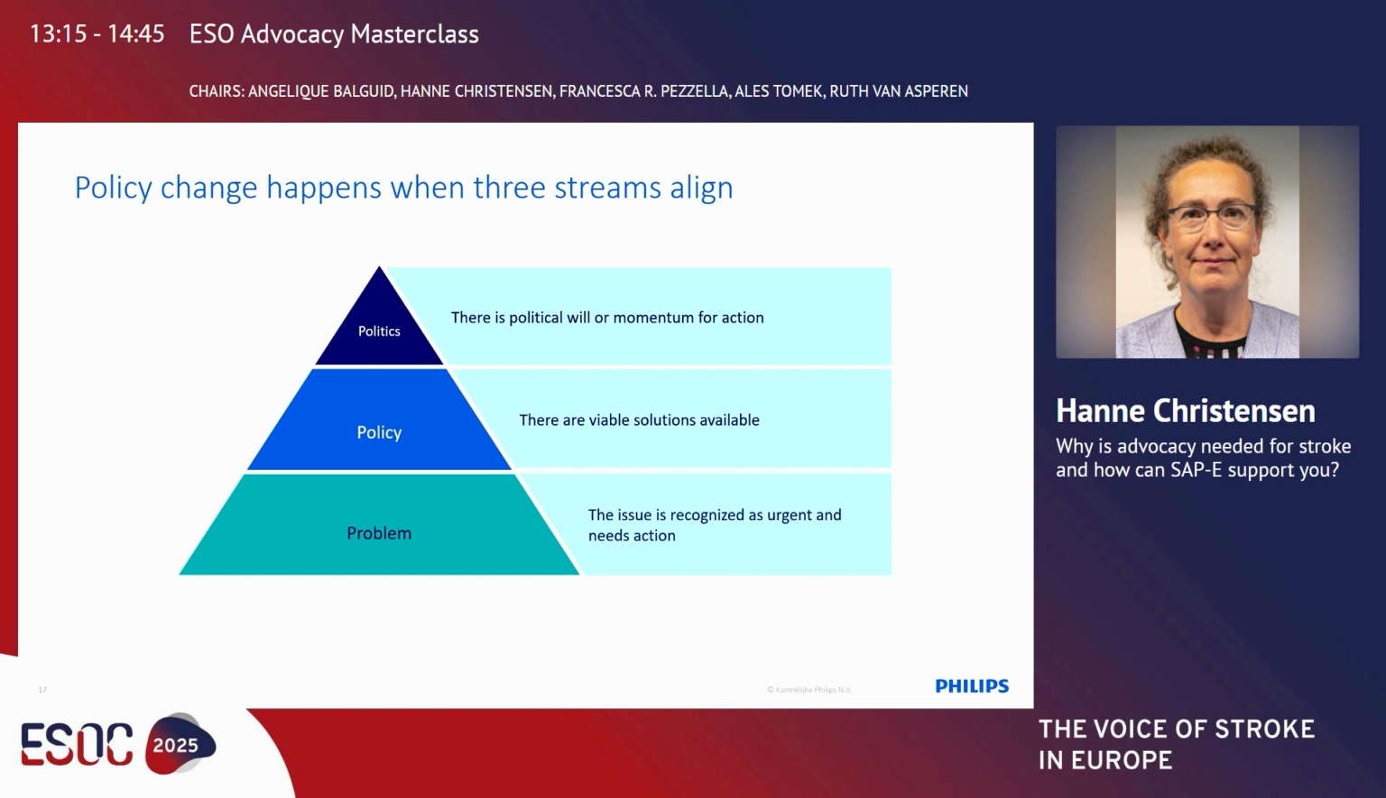So that could be either that there are elections which give new momentum. It could be that there are already certain people in leadership that have a certain view about the topic, and therefore this is a good momentum. It could also be that the public is talking about the topic a lot, and therefore it needs to be addressed. So there needs to be both a problem, clearly defined, a policy with solutions, and a political will or